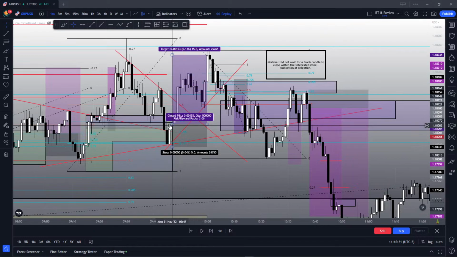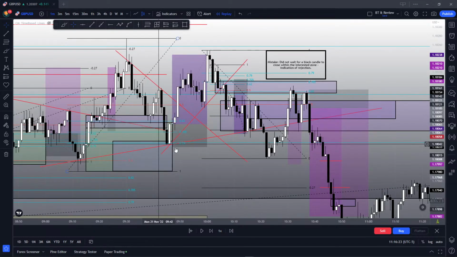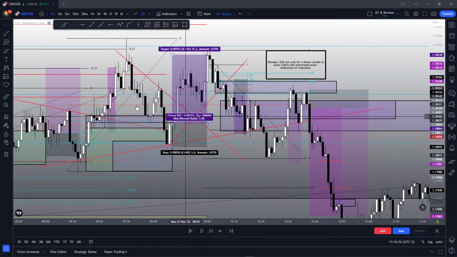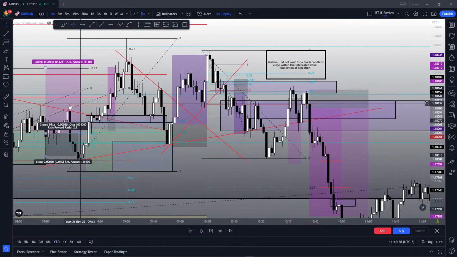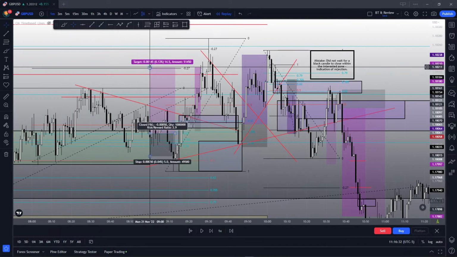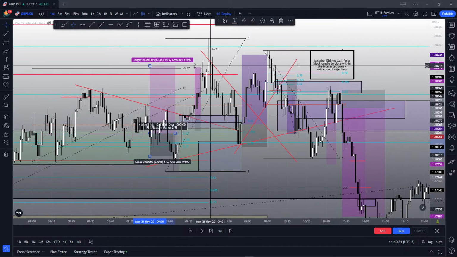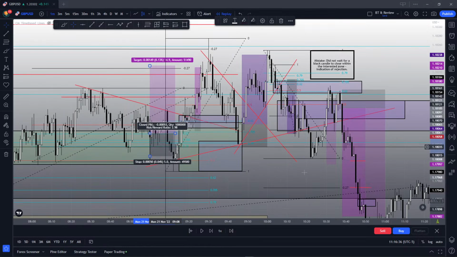And after it closes there, I just enter in stop loss below and then ride the price to 1 to 3. This right here, 1 to 3. This one here, even if it's a loss, it's still 1 to 3, right? Approximately 1 to 3. And around there should be taking profit. But this is a loss.